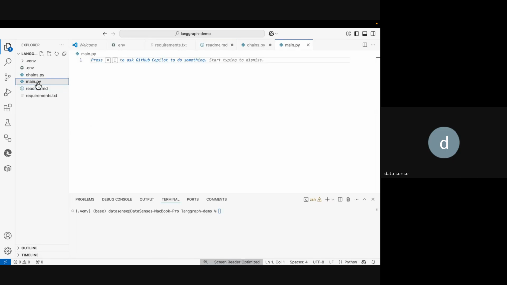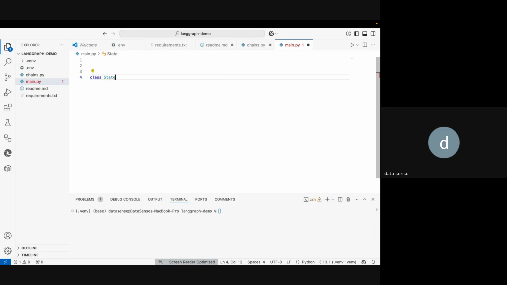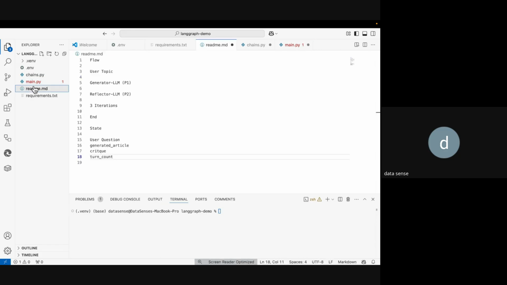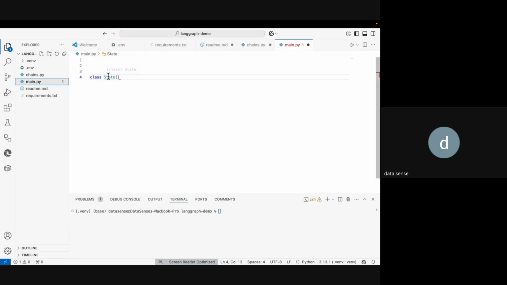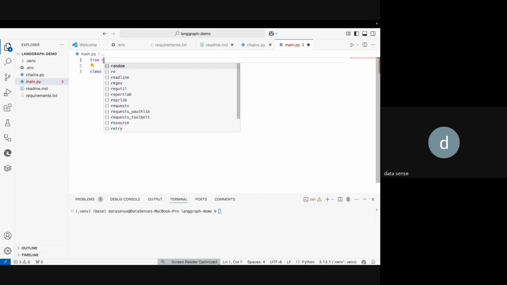So let's move to main.py. What I'm going to do is create a class. Now those who don't understand classes and objects, it's fine for now. Just bear with me and understand the objective of what I'm trying to do. If you don't understand the code, that's fine. So we will create a class State, which is going to be of dictionary type. To get a class of dictionary type, we have to inherit from another class, which in Python is called TypedDict. So we'll say from typing